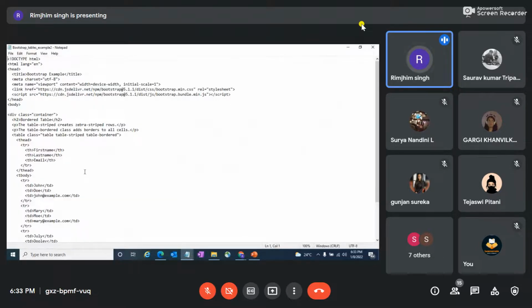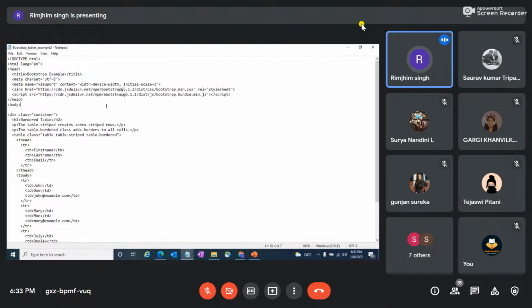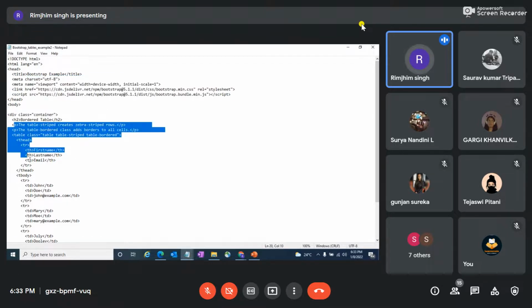In the table program also, I have included my doctype as HTML, and these things which I told you will be common to use in your Bootstrap program. These are the normal CDNs which are present. Then in my container class, I'm just declaring a table.